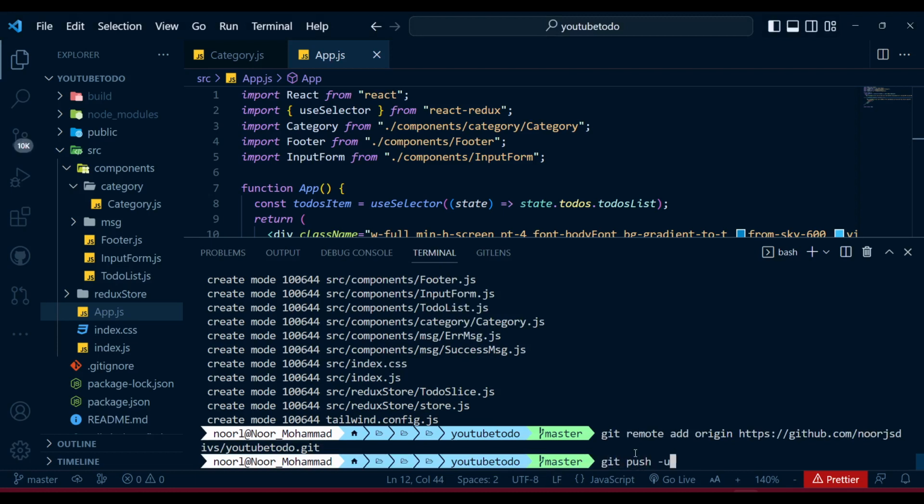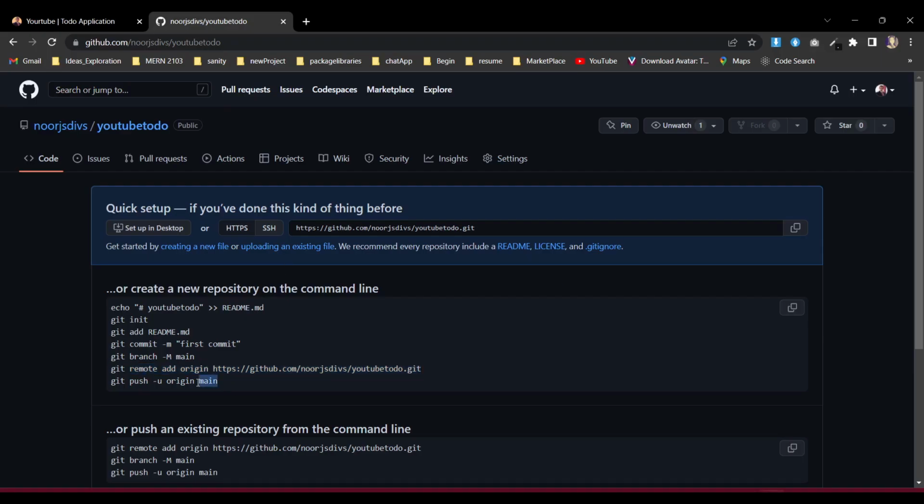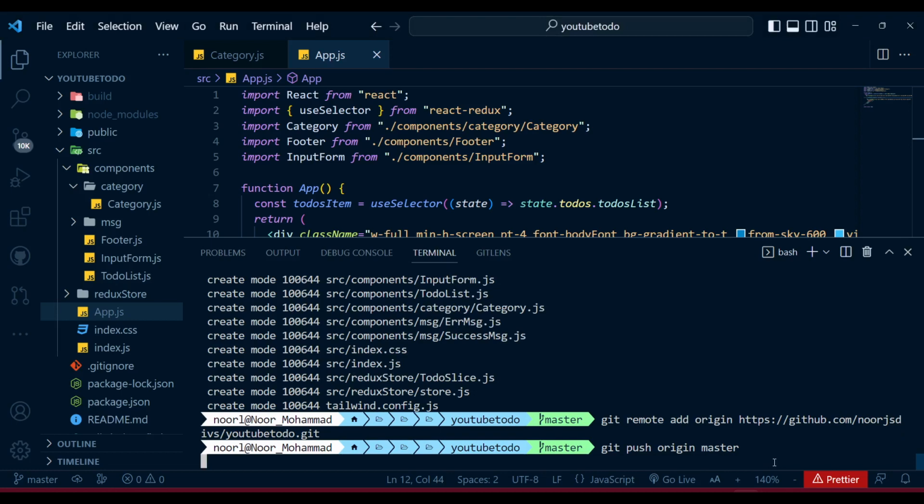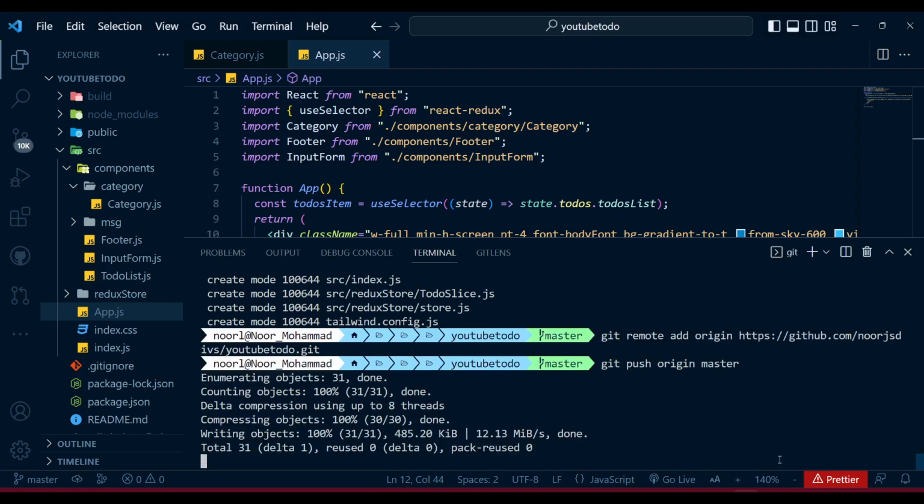If it is not globally installed, then you need to put the -u, otherwise you just put origin, and I need to put the master. Otherwise, if you have main, you can put main, but mine is master. I'm gonna just put the master. So now